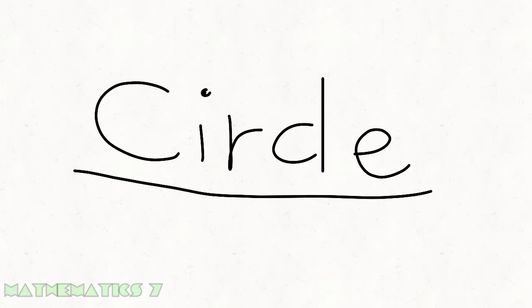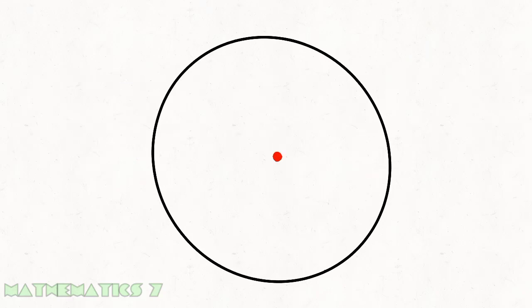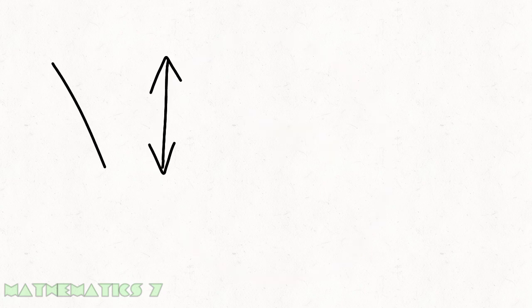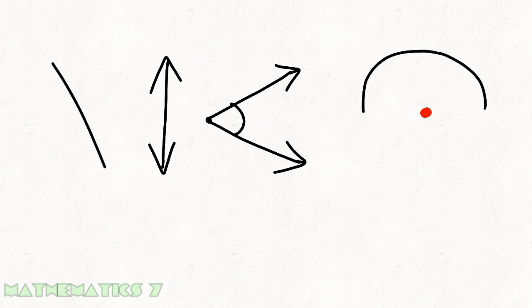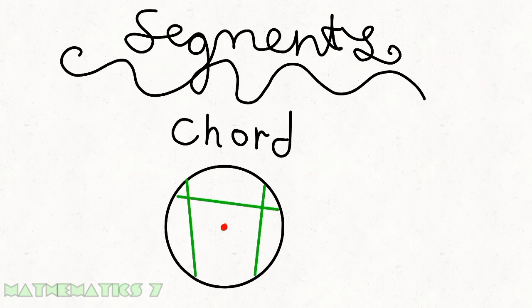Circle: a set of points equidistant to a fixed point called the center. Now that we know a circle, we must know the four important parts to a circle: segments, lines, angles and arcs. We have three kinds of segments in the circle: chord, a segment whose endpoints are any 2 points on